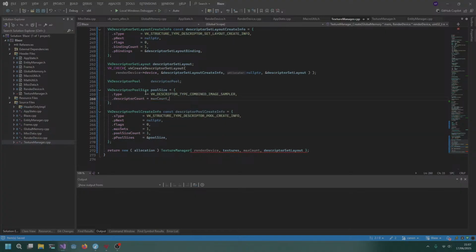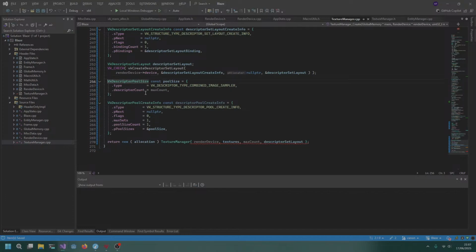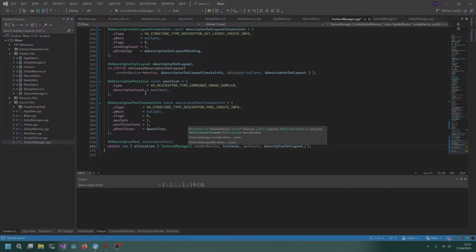So we will create as many pools as we might need. Sorry, we will create as many textures' worth of space as we might need. So that allows,